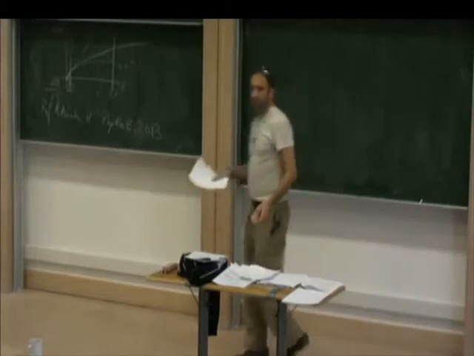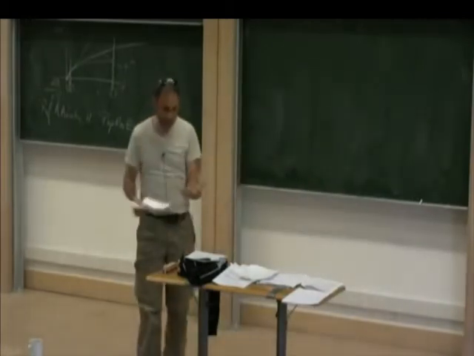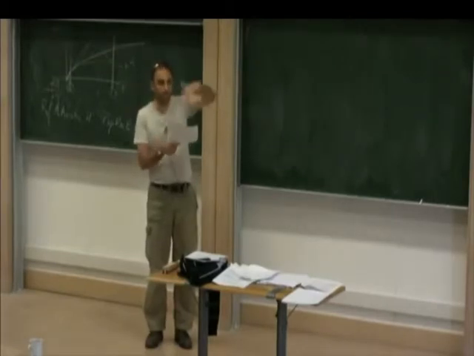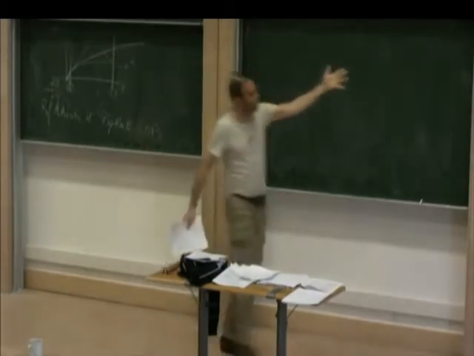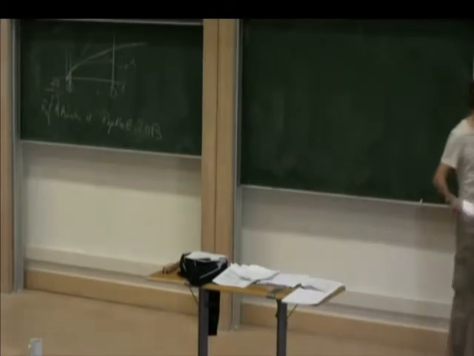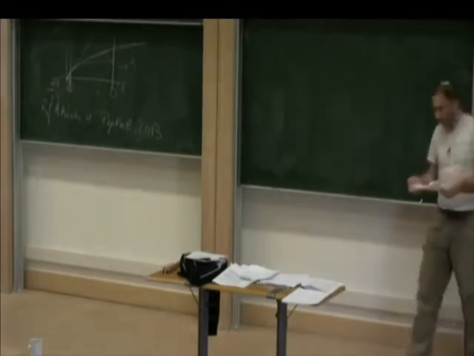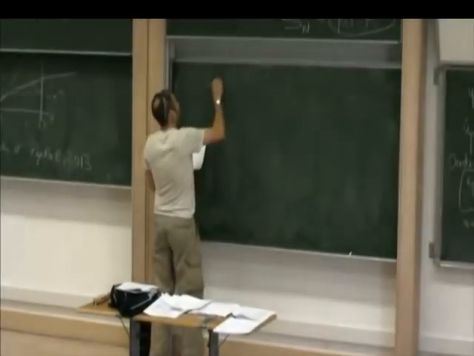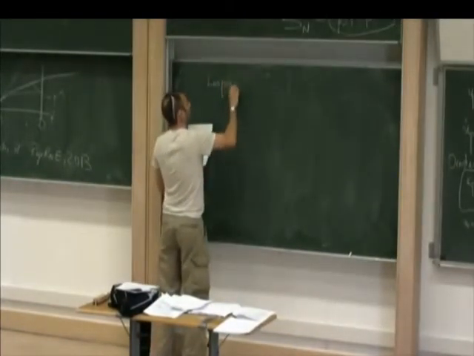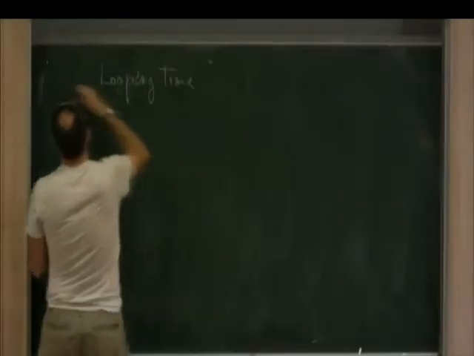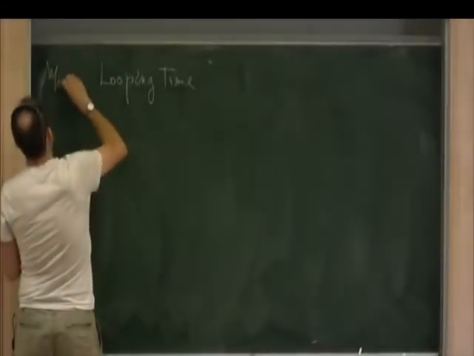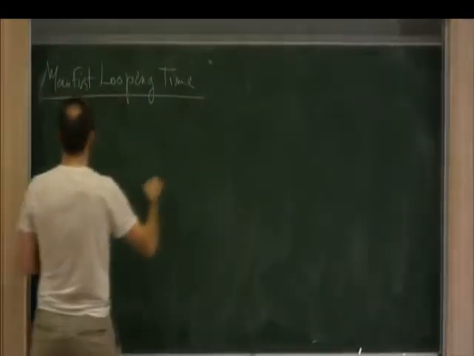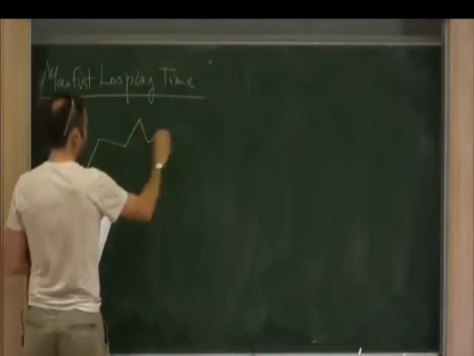The looping also has to do with a time. I mean, it's not a time scale in the polymer mode. It is not contained really in this mode here. This is a mode of relaxation of the polymer. Looping is something else. So the looping time, which is really the mean first looping time. So this is the time it takes